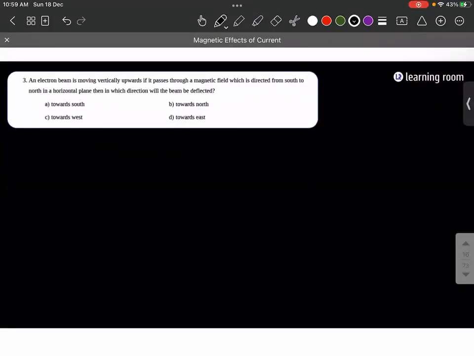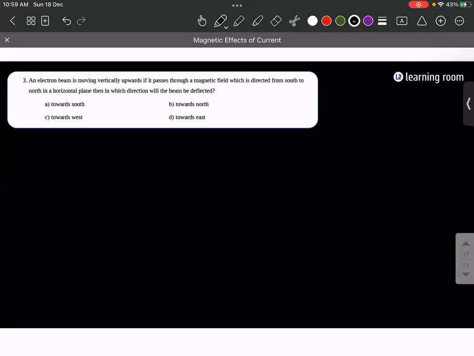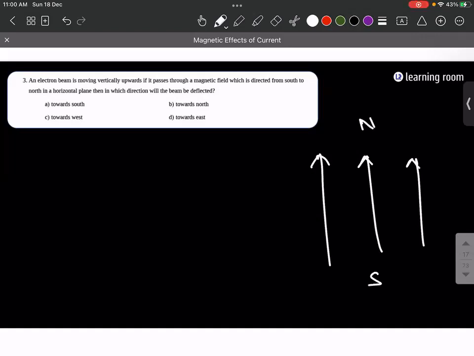Next. An electron beam is moving vertically upwards. If it passes through a magnetic field which is directed from south to north in a horizontal plane, then in which direction will the beam be deflected? So there is a magnetic field existing from south to north. An electron beam is moving vertically upwards. If it passes through a magnetic field,